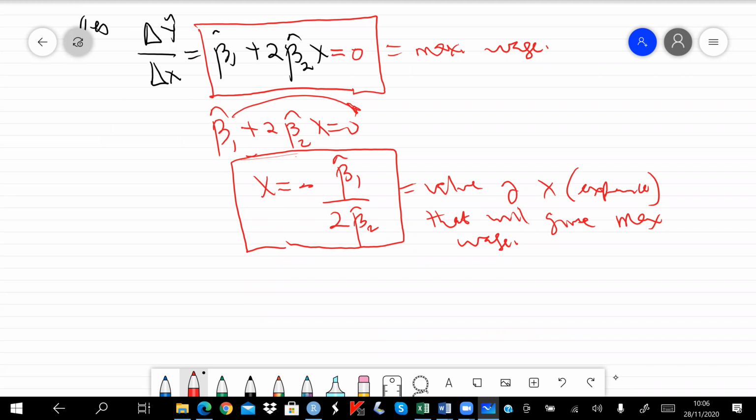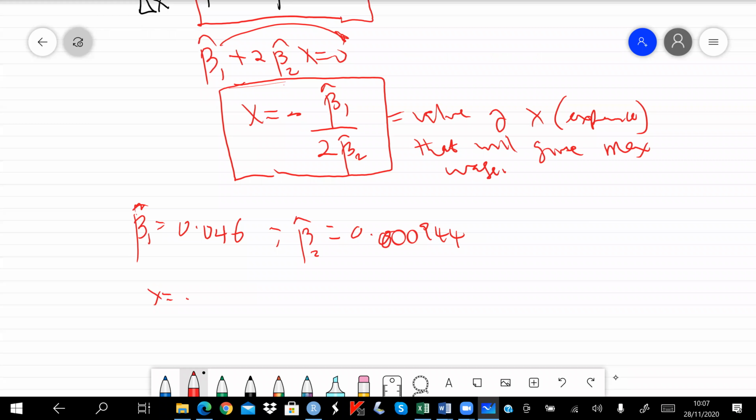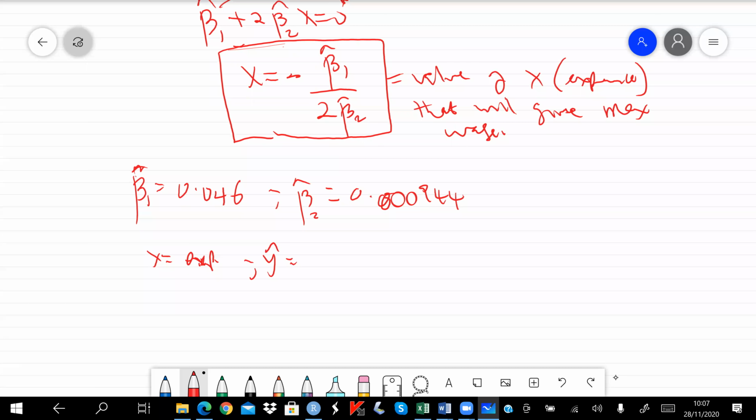In our example, beta 1 estimate is 0.0446, and the estimate of beta 2 is minus 0.000944. Here x is experience, and I can let y be the wage. So the value of x that gives us the maximum wage will be equal to